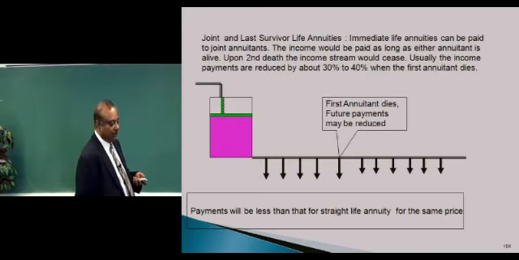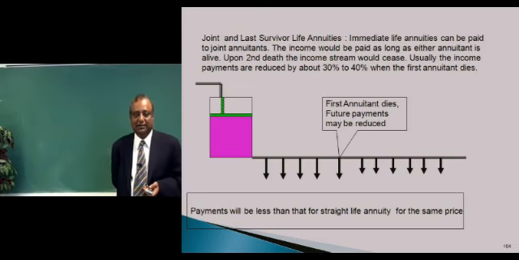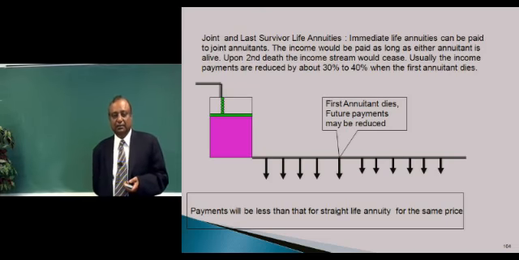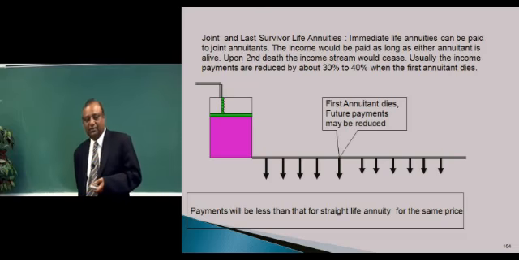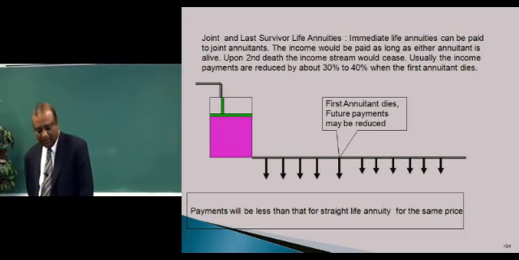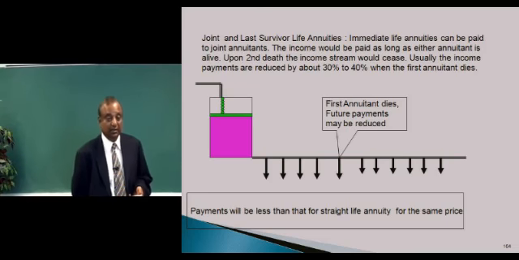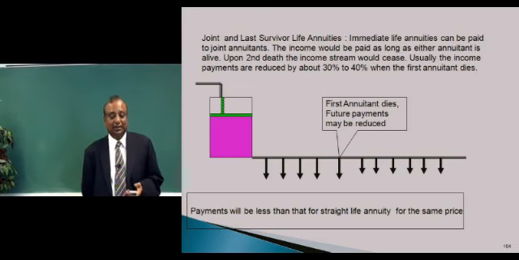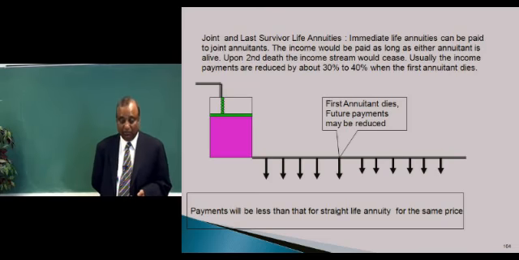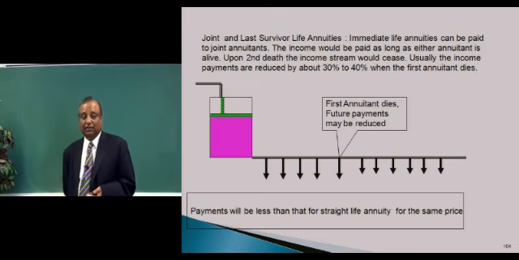Another variant of this life annuity is the joint and last survivor life annuity. This covers more than one life. But let's talk about the most common purchase of this. This is purchased by spouses. It typically pays a certain sum when both the spouses are living. When one of the spouses dies, the annuity payments are usually reduced to about 70% of what they were paying, and it continues till the death of the second spouse.